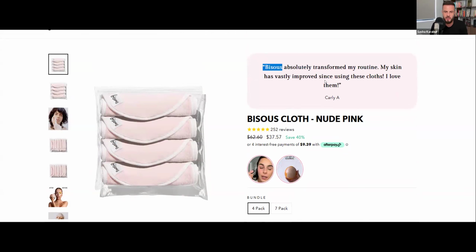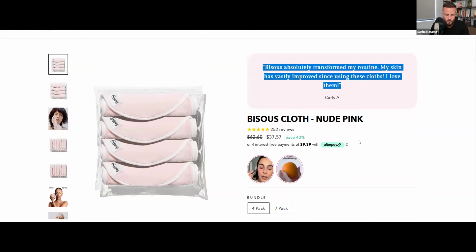And I always like to think of this like rose-colored glasses, and you're almost creating this perspective for people to look through. You're creating this frame. You land on this site, and one of the first things you read is "Basu absolutely transformed my routine. My skin has vastly improved since using these cloths. I love them." And the moment you read that, even if you don't fully read it, you're in this position where your sentiment for the product increases, and you're like,